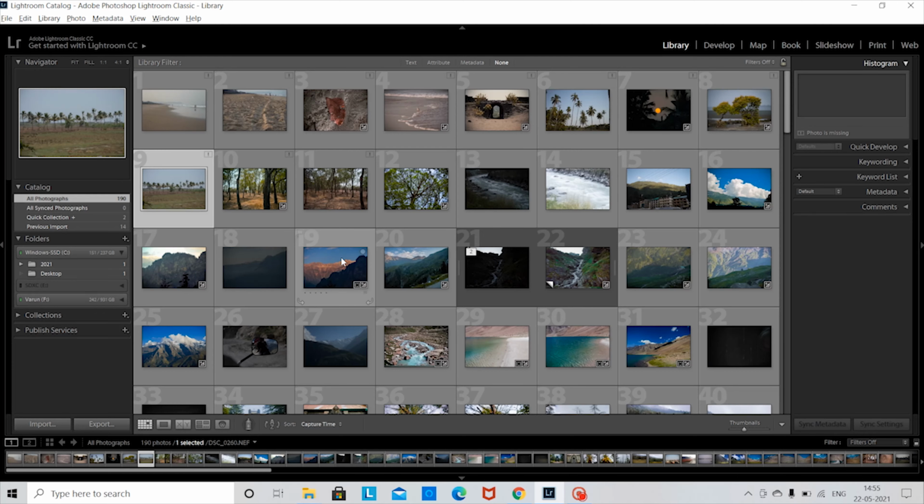So now let's dive right into the software and show you how a photo is edited. To start with, I will be taking any random photograph that I have in my library and will edit that. For editing all my photographs, I use Lightroom as a software. So I will be choosing any random photograph from my library. I guess I will choose this one.